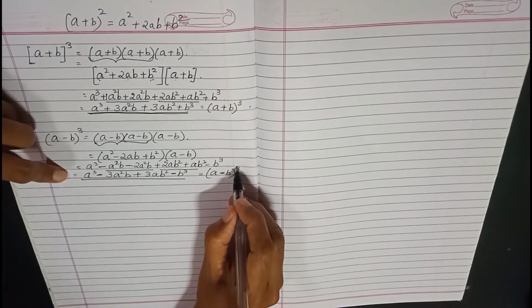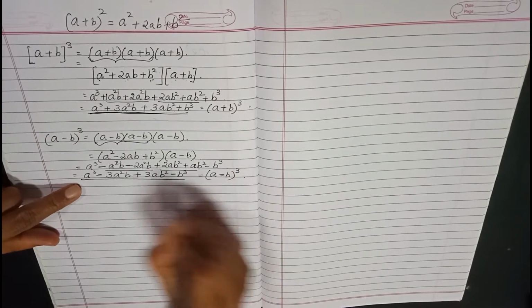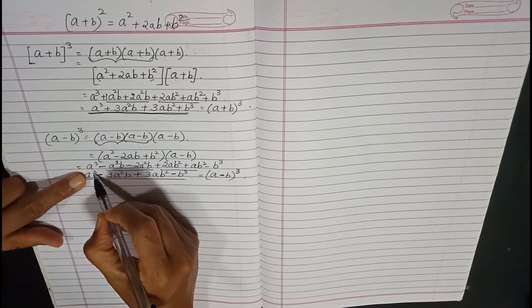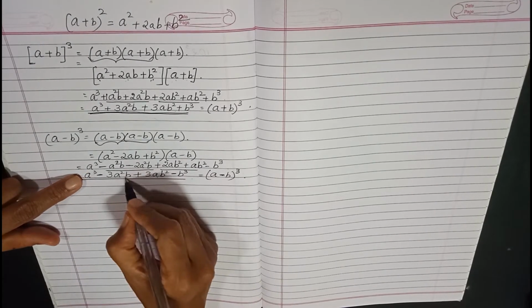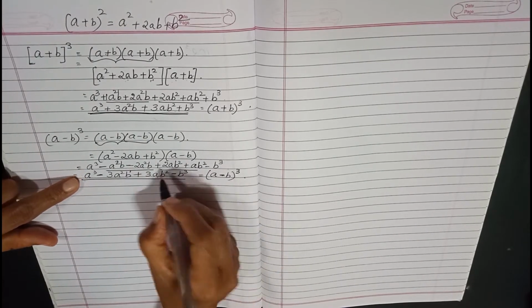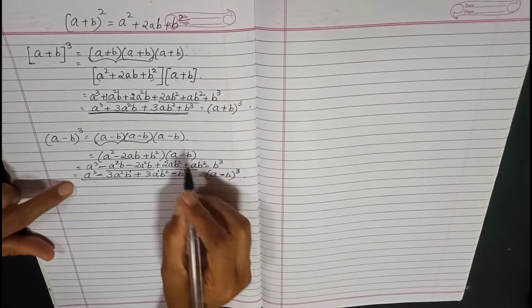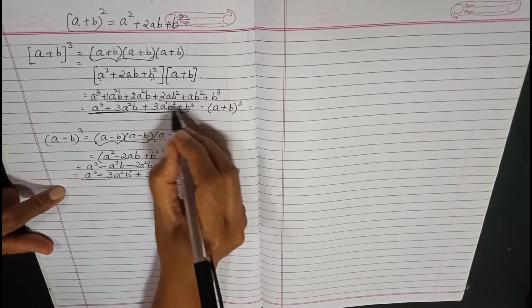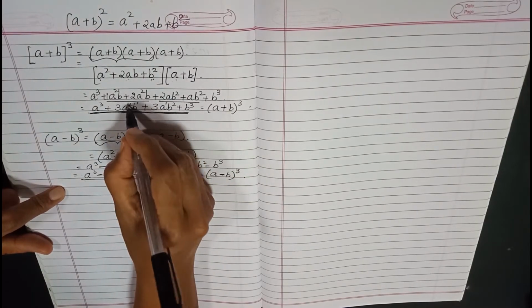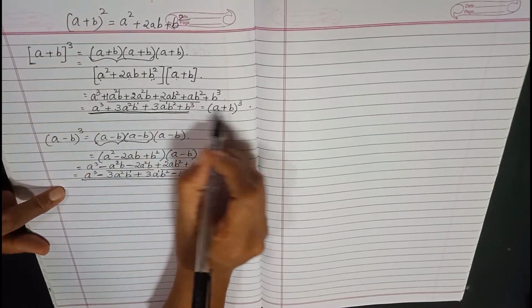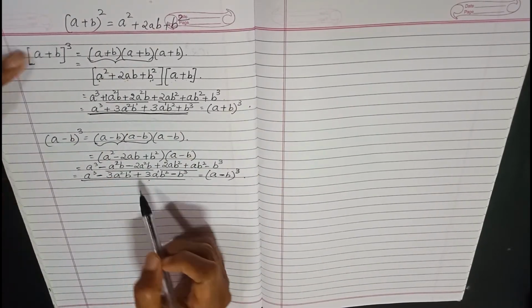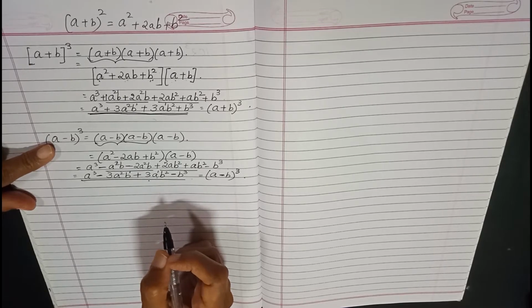Another thing that you should remember is, since the power is 3 here, each and every term should have a power 3. So here you can see 3, here also 3. Here b is 1, so 2 plus 1, 3. A is 1, so 1 plus 2, 3. Same thing here, a raised to 3, b raised to 3. A is 1, 1 plus 2, 3. And b is 1, so 2 plus 1, 3, right? So the power should never increase more than 3. So these are the expansions of (a plus b) and (a minus b) the whole cube.